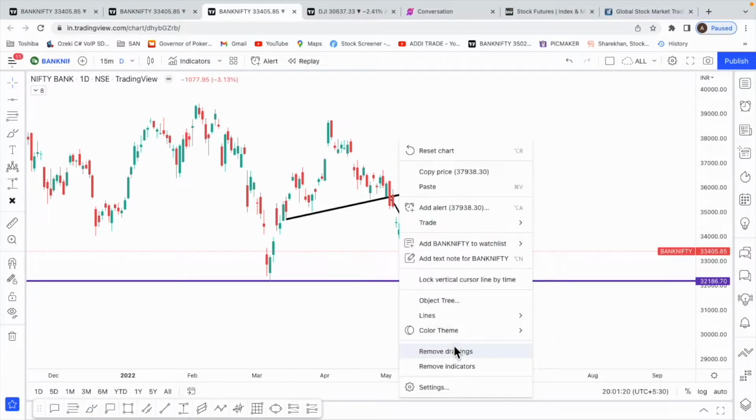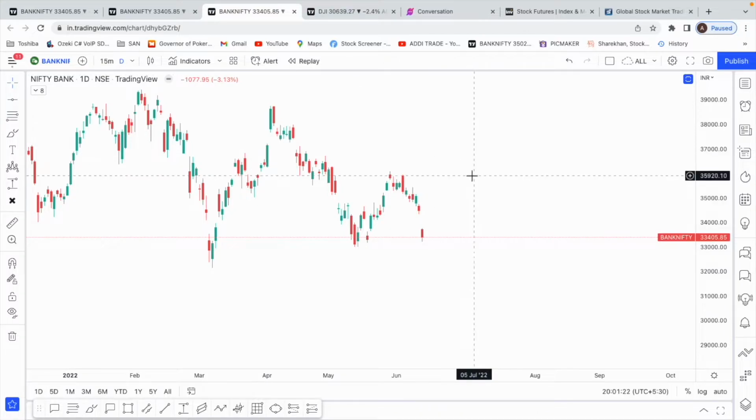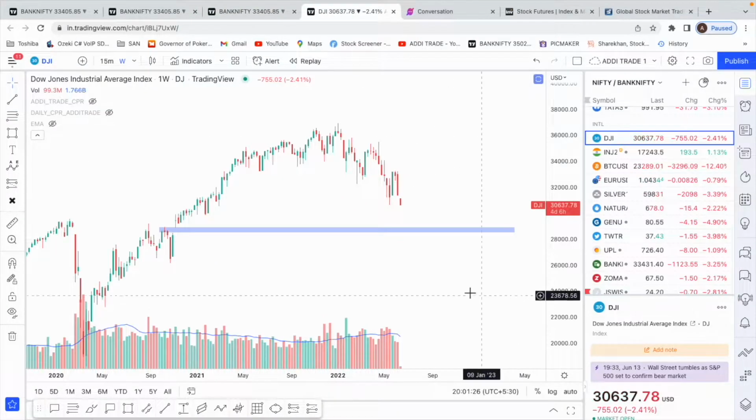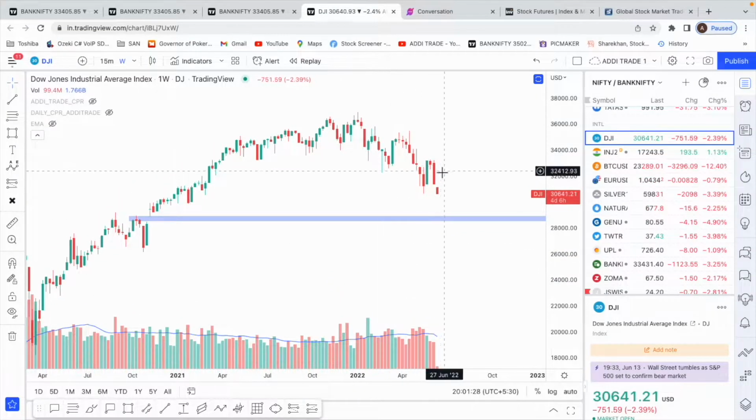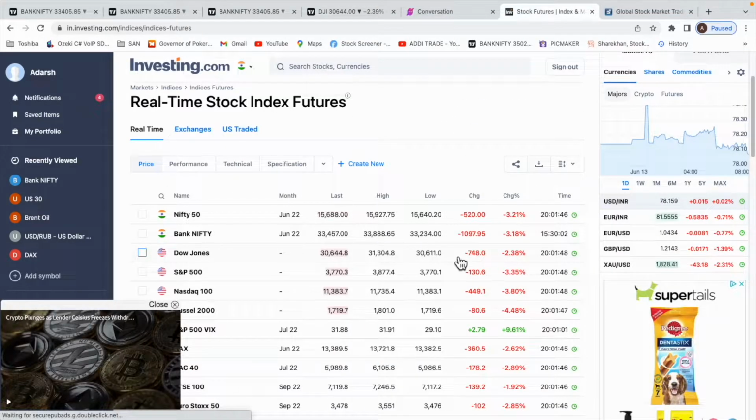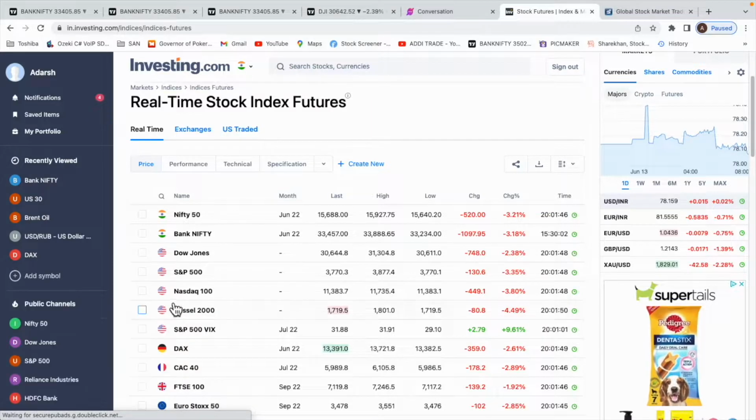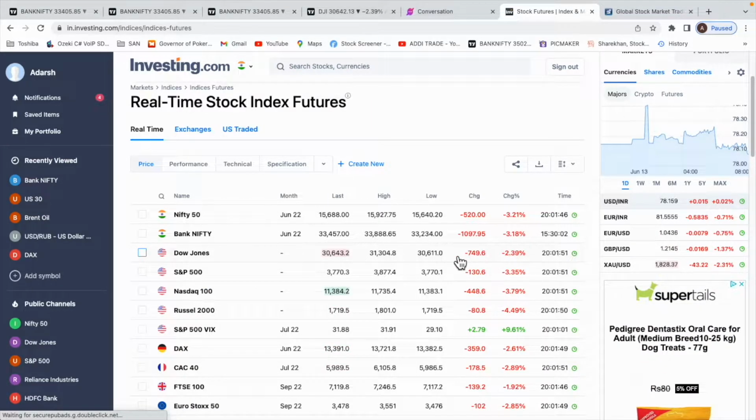So before we go to the intraday levels and see what are the trades that happened, we'll just look at the Dow Jones chart. See, after the inflation news came in the US, this is the Dow Jones Industrial Average chart, and the market would have just opened right now at about 8 o'clock and it has dipped. All through the morning it was about 400, 500 and 600 points down. Now as soon as it has opened, it has dipped to minus 746.